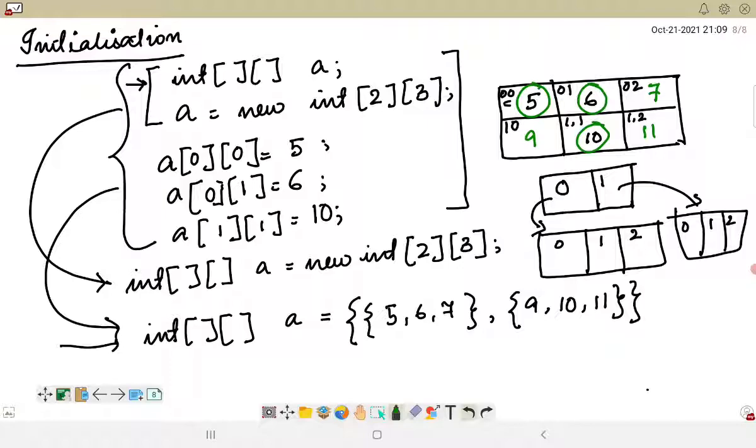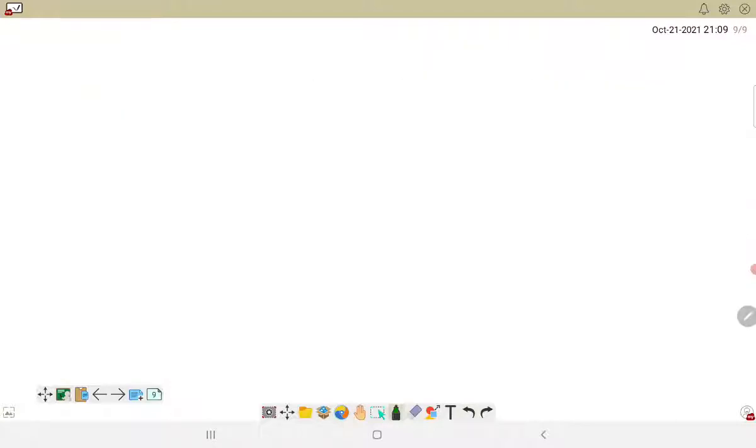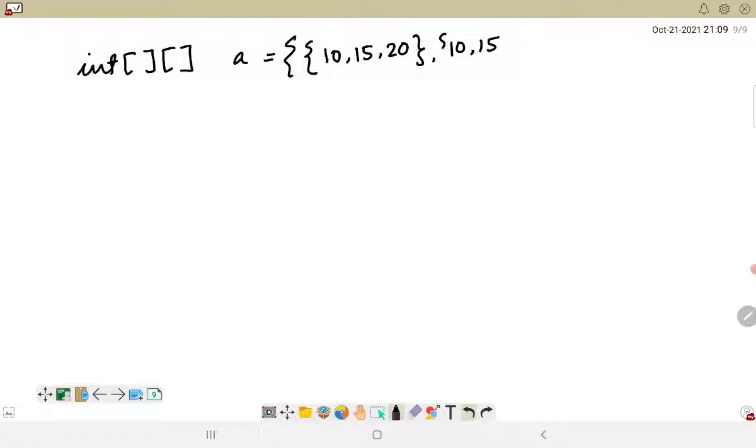Okay, now if you want to create a jagged array also, it will follow a similar approach. Suppose I am creating an array with int followed by 2 square brackets a is equal to, let's say my first row has 10 15 20, my second row has just 2 elements, let's say 10 and 15, and my third row has 3 elements again, 20 30 40.